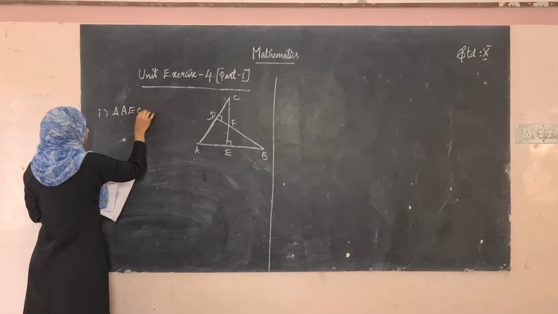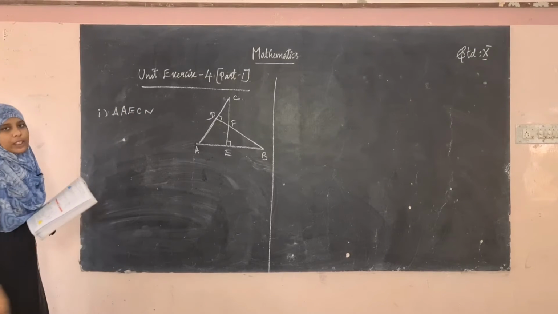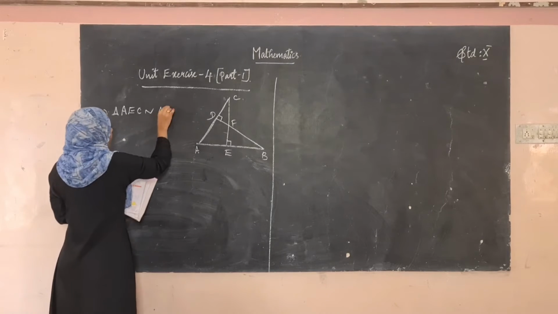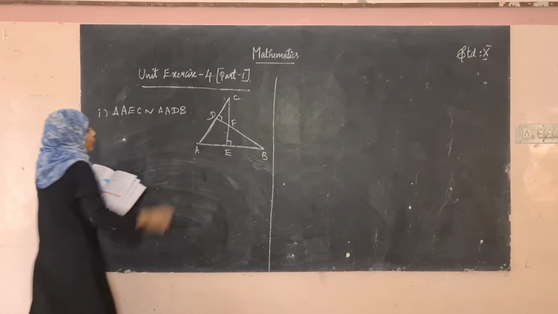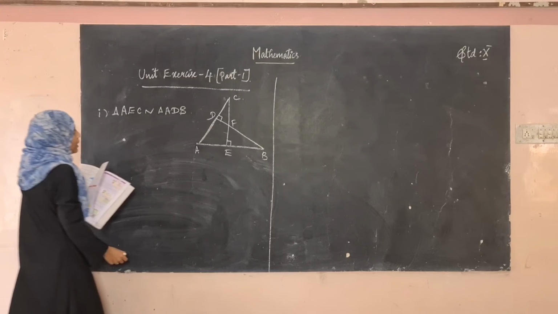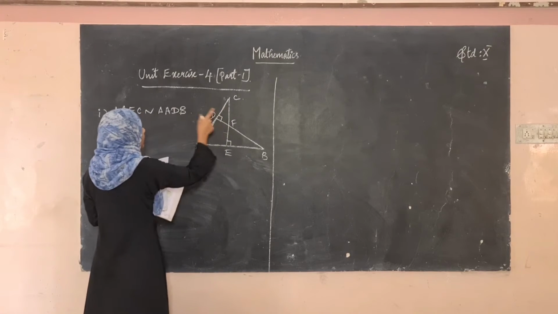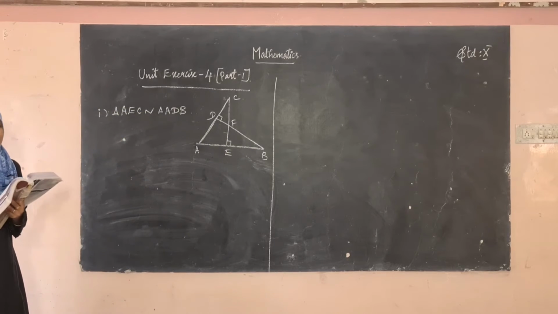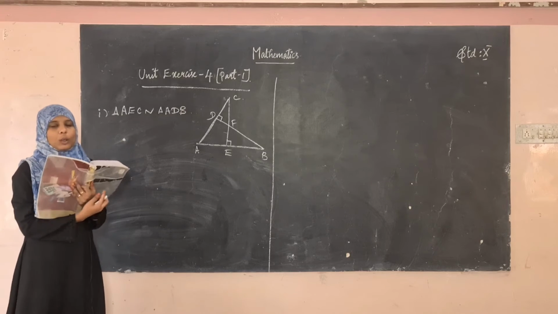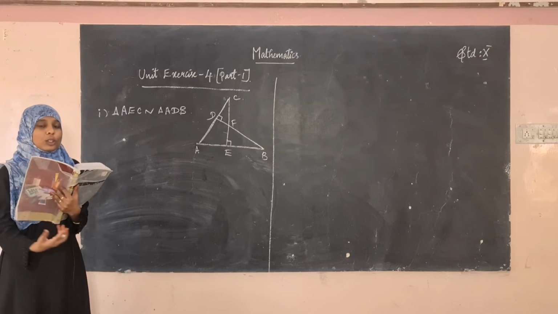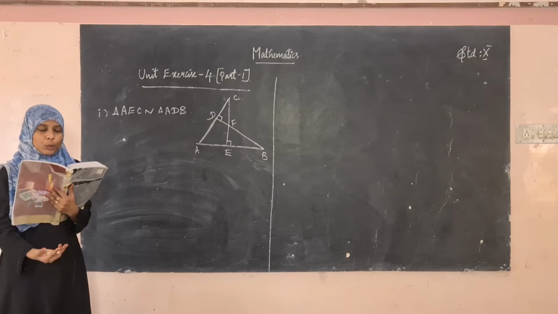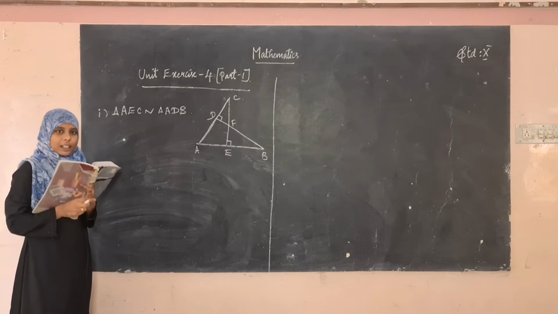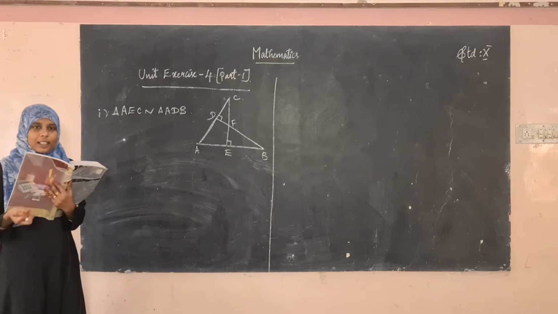triangle AEC is similar. The symbol is similar. We have seen this in the first exercise, right? Triangle AEC is similar to triangle ADB. We have to prove this. What is AEC? This triangle is similar to ADB. Okay, so we are going to use some of the properties of similarity. So we know that there are many criteria for proving two triangles are similar. Yes, there are the AA criterion, AAA criterion, SAS criterion, side angle side criterion, like that.